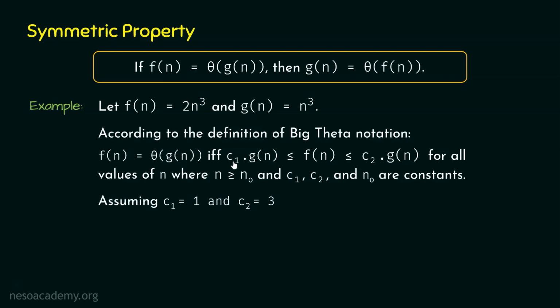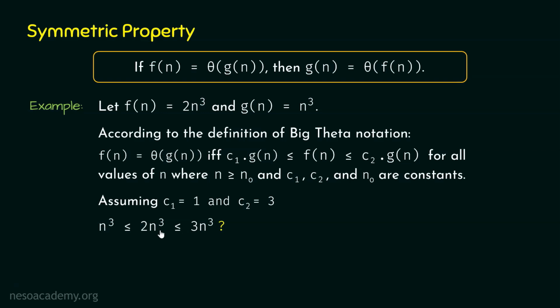Now let's replace C1 by 1, Gn by n cube, Fn by 2n cube and C2 by 3. We will get this inequality: n cube less than or equal to 2n cube less than or equal to 3n cube. Can we say this inequality is true? From this inequality we can observe that n cube is less than 2n cube and 3n cube is greater than